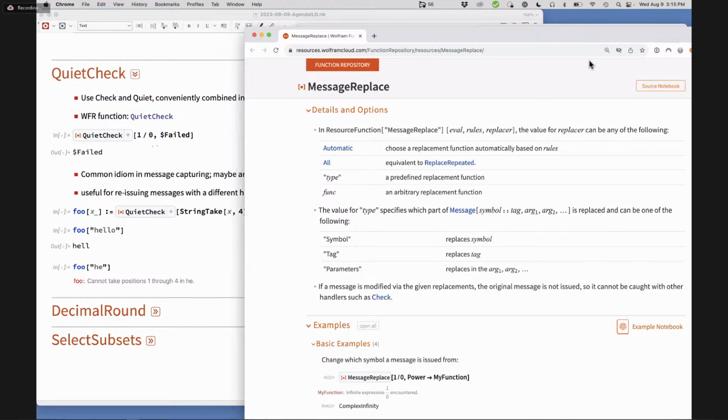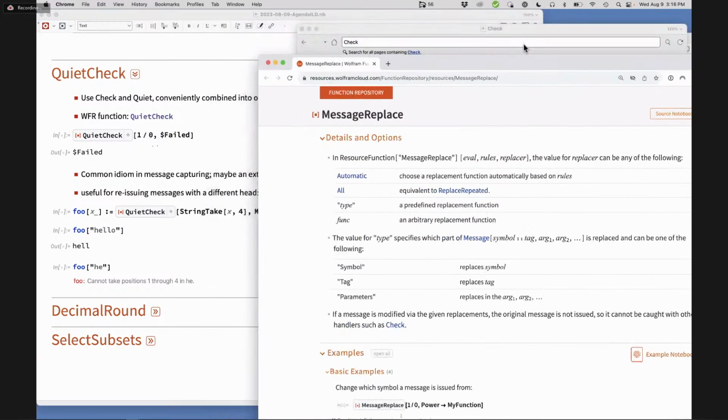Right. But I think this is a thing we should take up in ILD another time, particularly when Christopher is around and can talk about how it relates to confirm and so on. Yeah, we'll maybe take that up. Okay, but I think quiet check, particularly with the third argument to check.